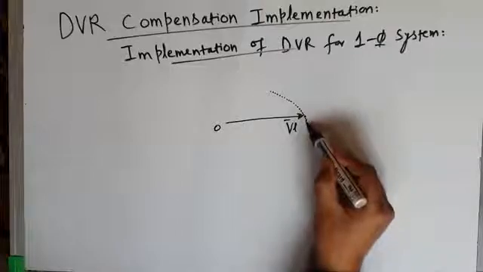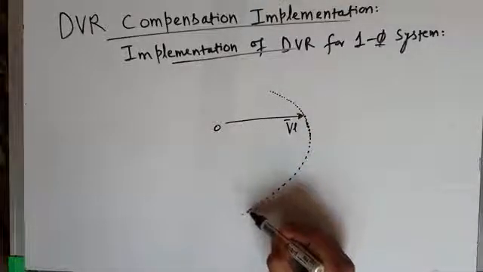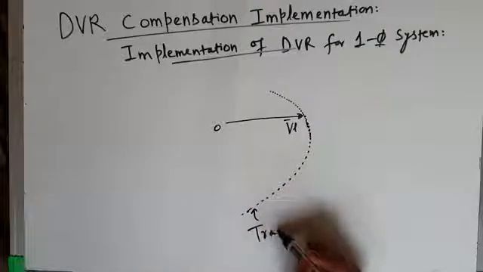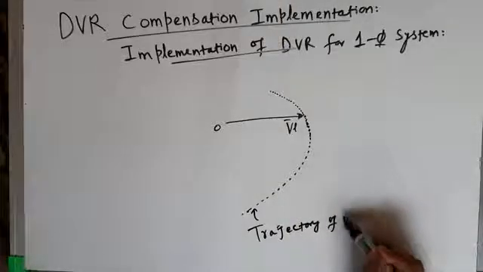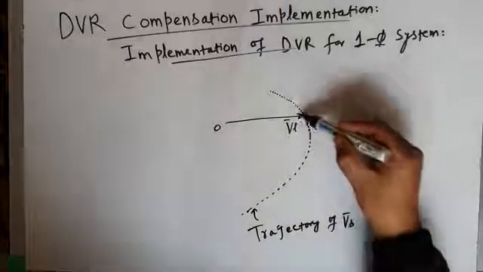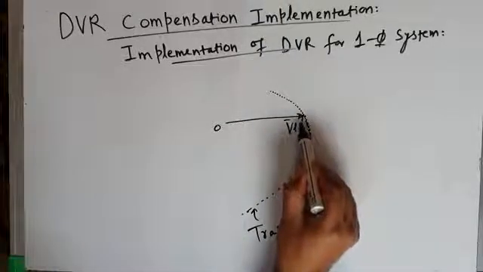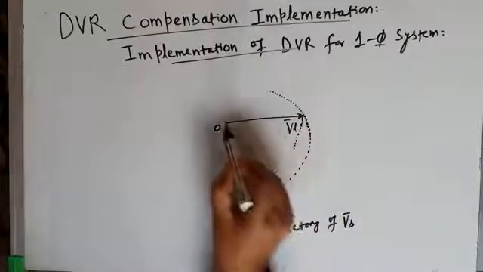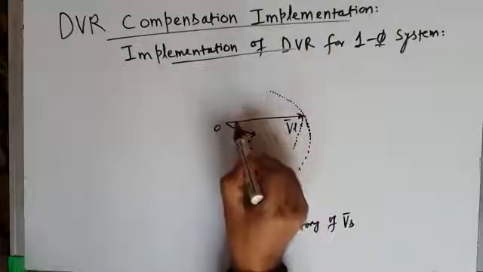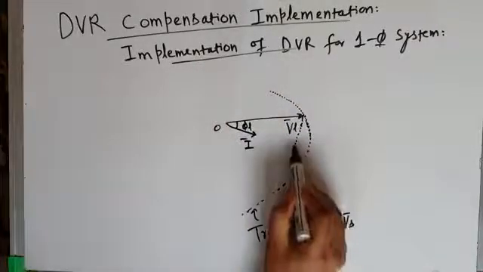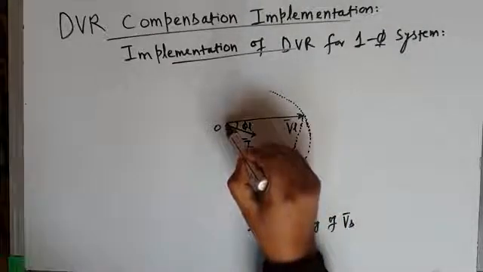It's a circular trajectory, as you know. So I will write here trajectory of load voltage or source voltage. Okay, so this is one possibility if feeder resistance is neglected. I mean, if this is the load current or system current I at a phase angle of phi L, this will be source voltage here,